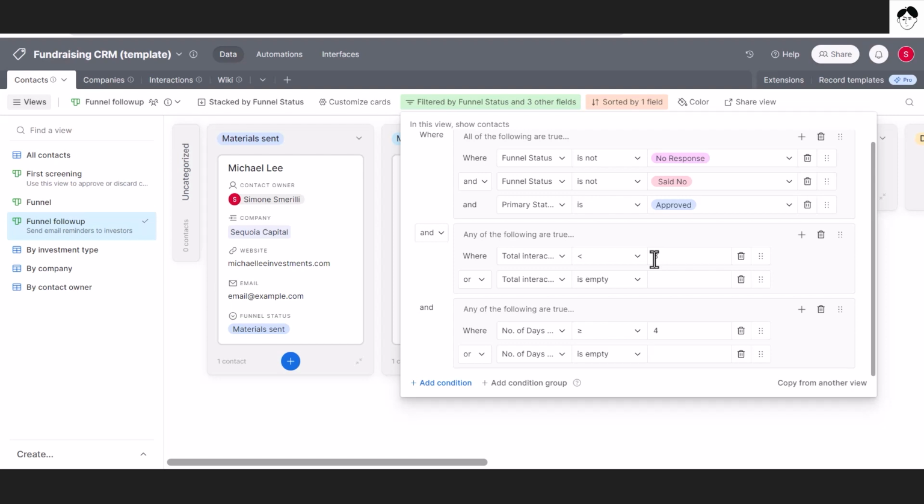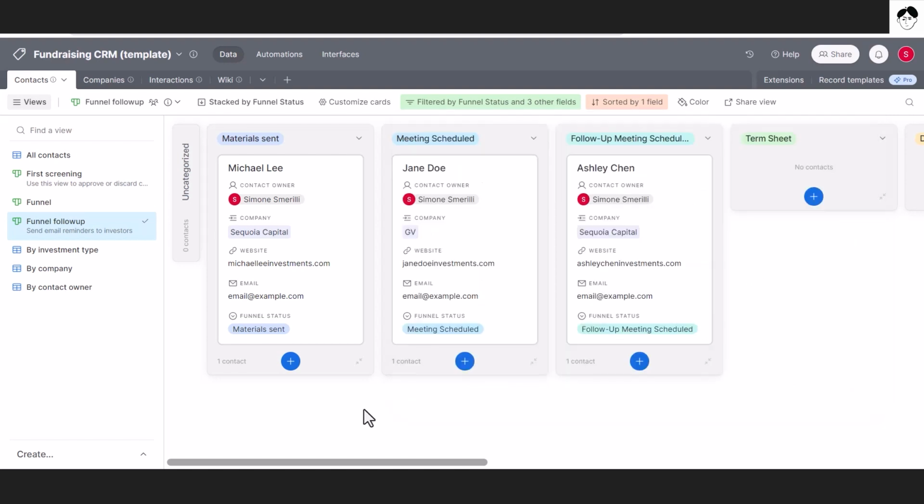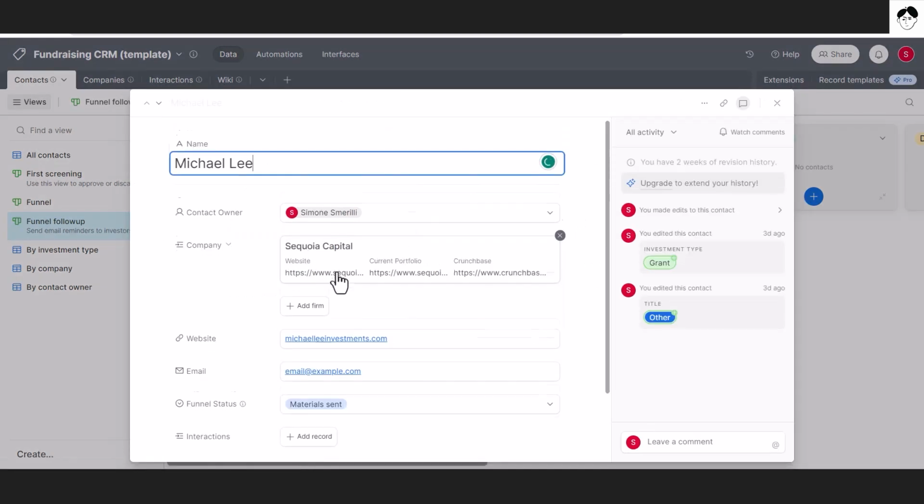You can just move the status to no response or said no and move on to other contacts, focusing on people that might be really interested in the investment. And that's the idea of the funnel status. So if someone is in material sent, for example, and let's see Michael Lee, I can see here